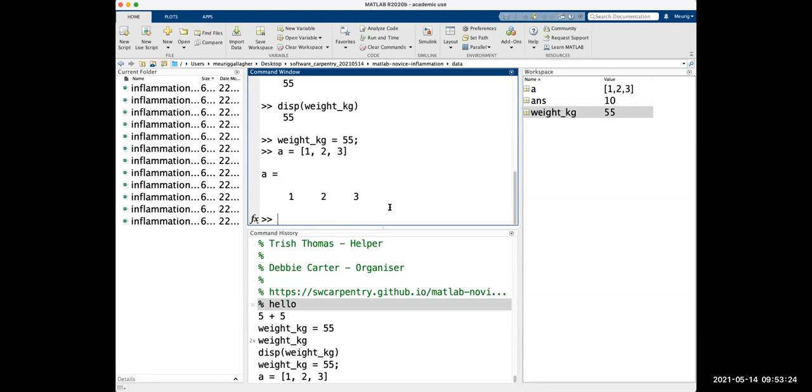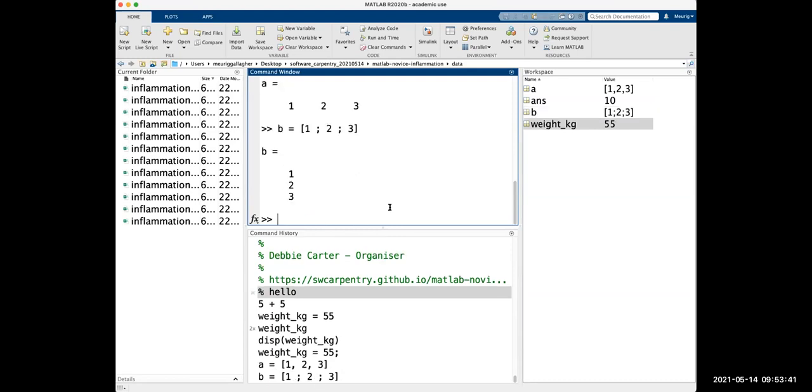So we use commas to separate columns, and in the same way, you can use semicolons to separate rows. So if we took an array called B, and we wanted it to be a column vector, we could do 1, semicolon 2, semicolon 3, and we finish it again, and you see this is now in a single column with rows saying 1, 2, 3, whereas before we had 3 columns but 1 row.